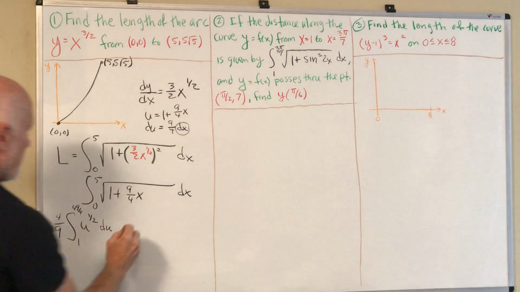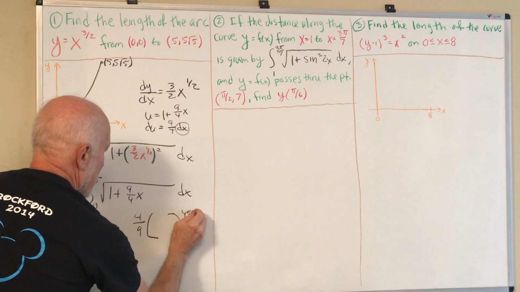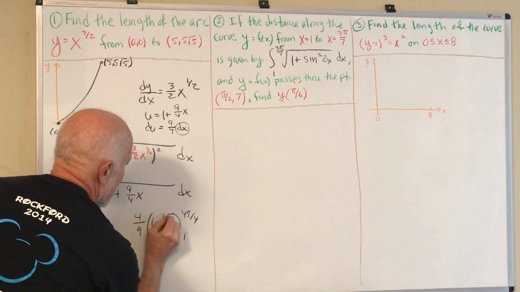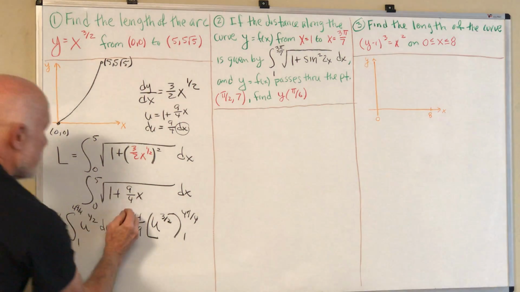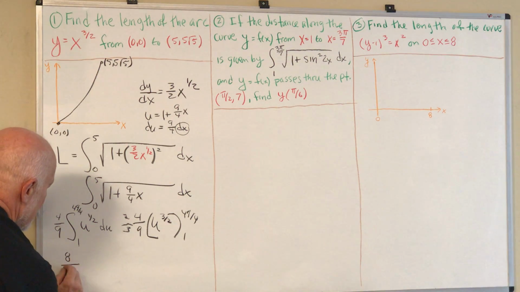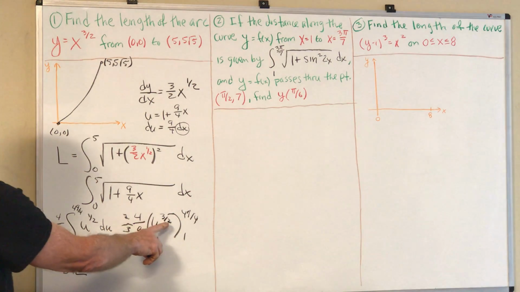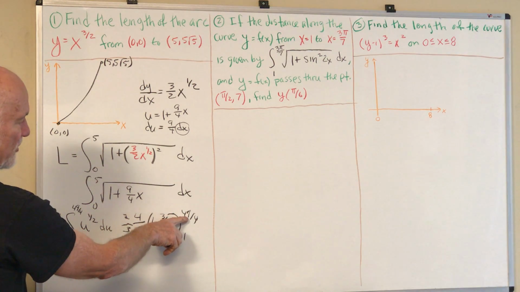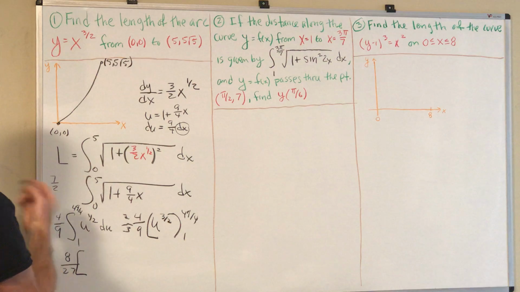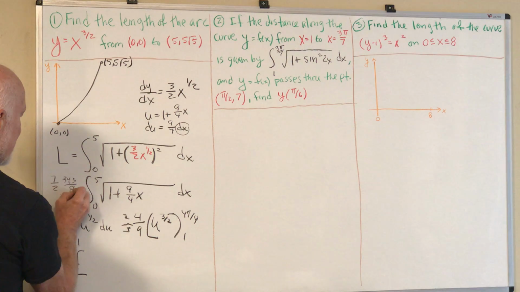So if I take the antiderivative of u to the 1 half, I get u to the 3 halves times 2/3. So altogether you get 8/27. Now you have to take the 3 halves power of this. So the square root would be 7 halves. And then you have to cube that. So you get 343/8